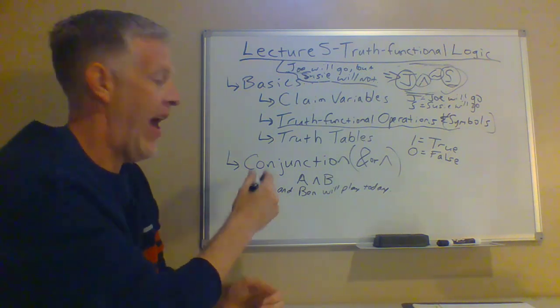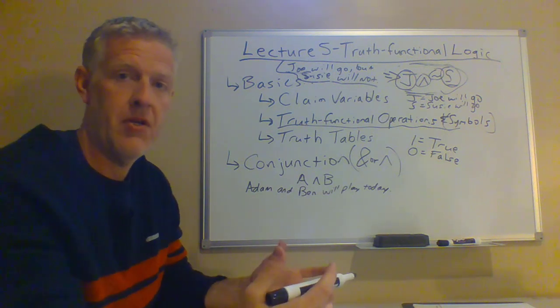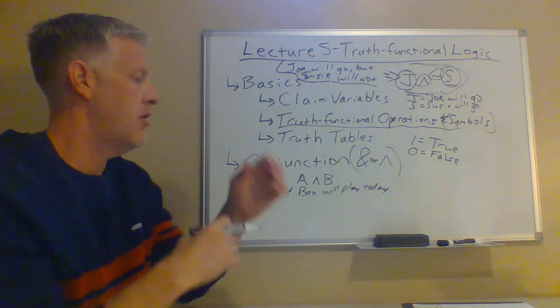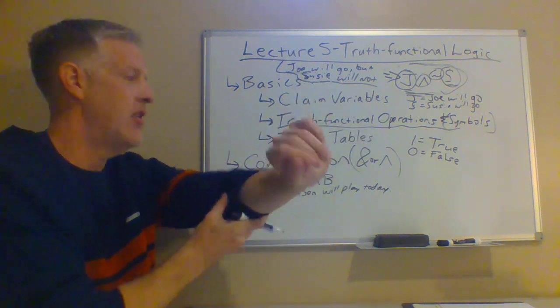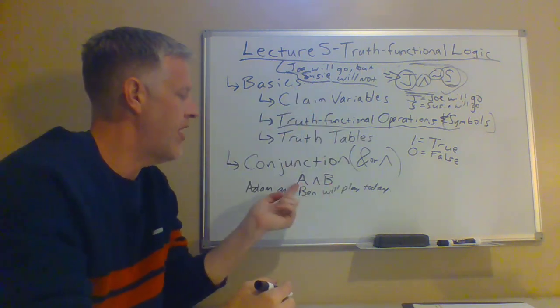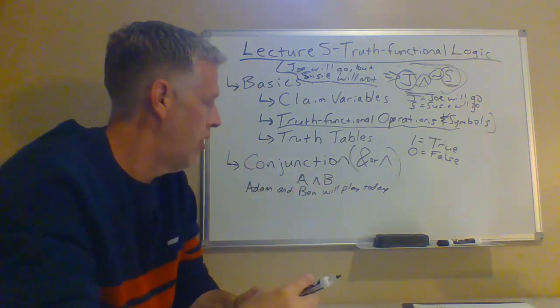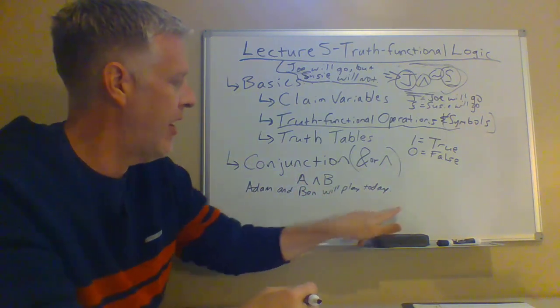On the one hand, Adam can play today. That can either be true or false, right? And then Ben can play today. That can be true or false as well. So either of those things can be true or false individually. Hence, there's two different things being posited. That's the idea behind a conjunction. Okay? So when you go to analyze it then,